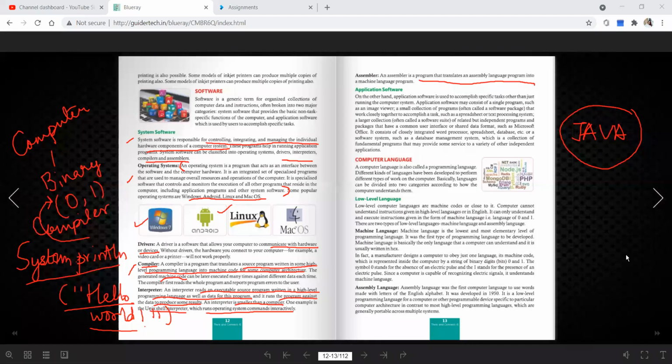Or we can say that Android is system software, because without that your phone will not work. System software, in short, we can write like that. And while you are using the Zoom app, we can consider it as application software. Okay, I hope that up to this everything is clear.